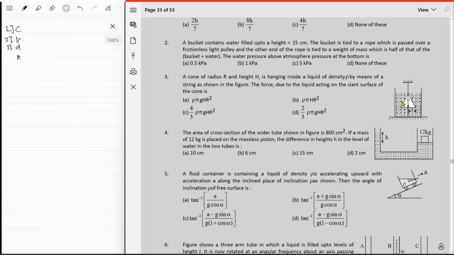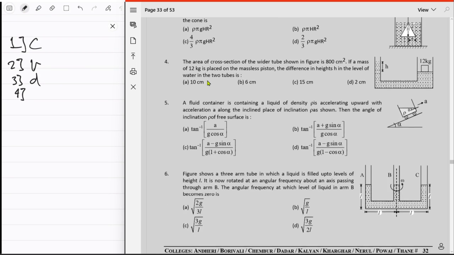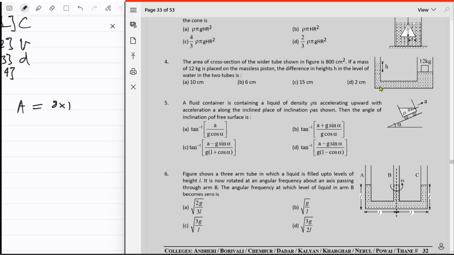Fourth. The area of cross section of the wider tube shown in the figure is 800 centimeters square. If a mass of 12 kg is placed on the frictionless piston, the difference in heights h in the level of water in the two tubes is. What? Okay, the area of cross section of the wider tube is 800 centimeters square. I hate when they put it like this. If a mass of 12 kg, so m equal to 12, is placed on